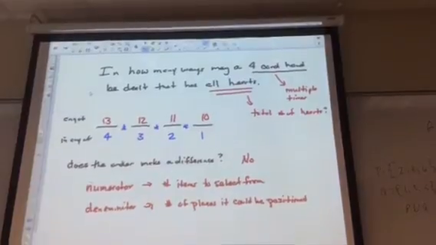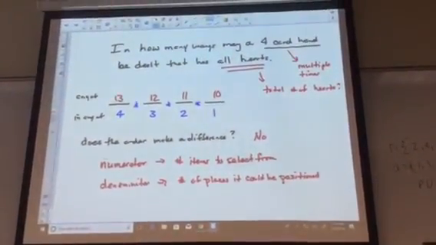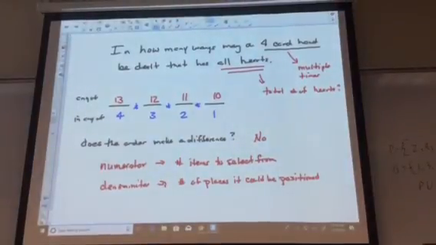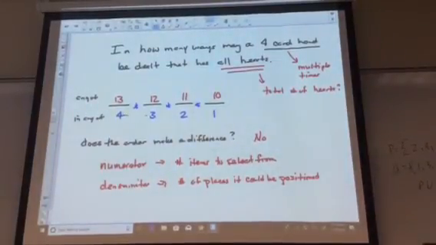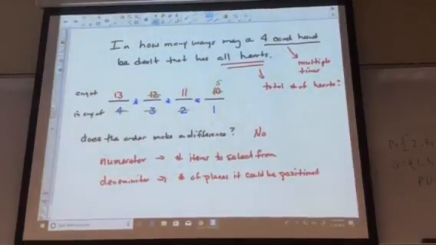You are under no obligation to do something like this, although it could be done. Not too many of you are going to want to do it by hand because you're going to let the calculator do the work for you. But there's a 12, and 2 goes into 10 5 times. So if I'm doing the operation,